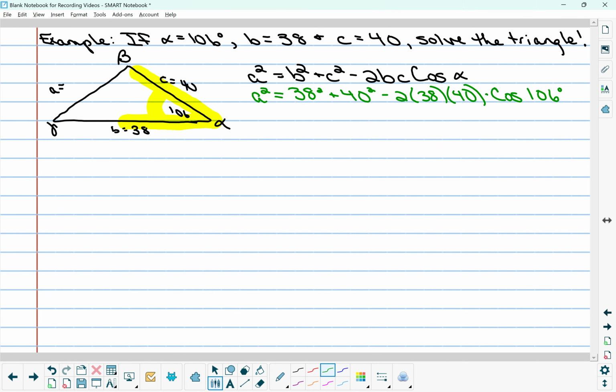Okay, so these things, and this is important, this is where a lot of people go wrong here. These things are all getting multiplied together. Negative 2 times 38 times 40 times cosine of 106, okay? You can technically throw all of this into Desmos and get an answer to that, but you also might want to do these numbers separately, 38 squared, 40 squared. I'm going to give you a whole big number just to save some space on my screen, okay? So I have A squared equals